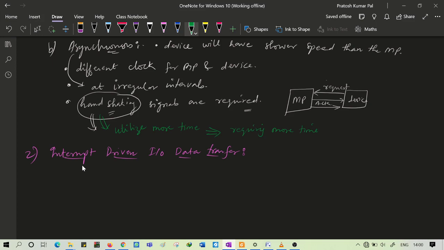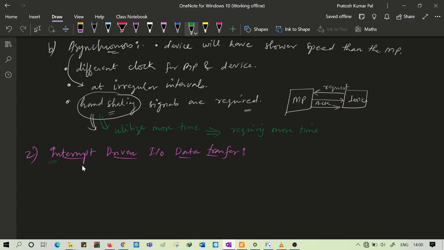Whether synchronous or asynchronous, in programmed input output data transfer, the handshaking signals and different requests will require more time. So to reduce this time, interrupt driven input output data transfer can be utilized.